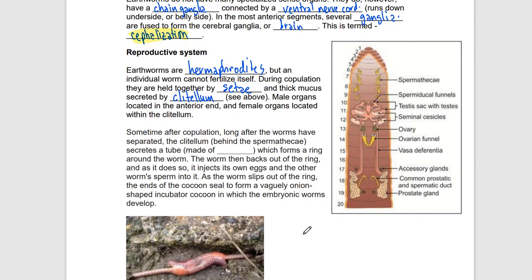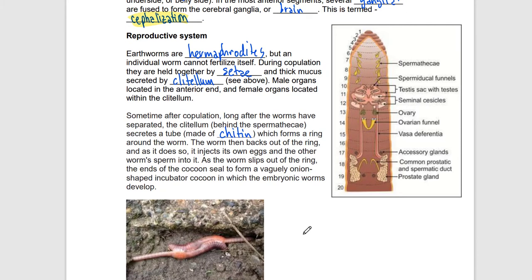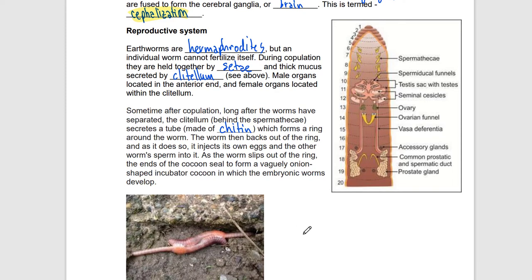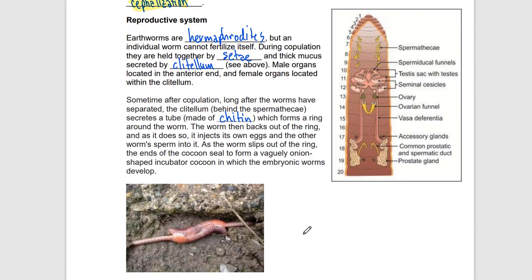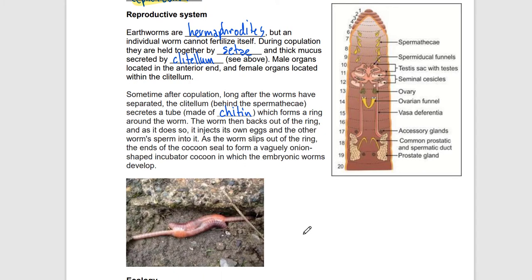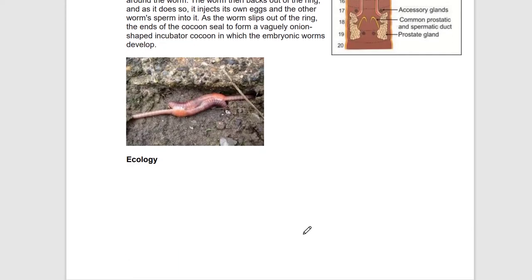And then sometime after copulation, long after the worms have separated, the clitellum secretes a tube made of chitin. Remember that? And that's going to form a ring around the worm. The worm then backs out of the ring, and as it does so, it injects its own eggs and other worms' sperm into it. And as the worm slips out of the ring, the ends of the cocoon seal. And I could show you a video of this tomorrow in class, but it looks pretty interesting when we look and see how that whole process takes place, and you get this cocoon of which the egg develops inside